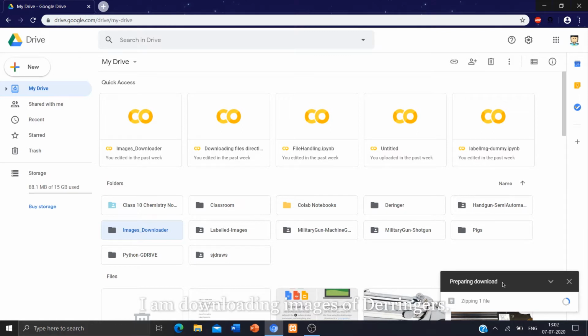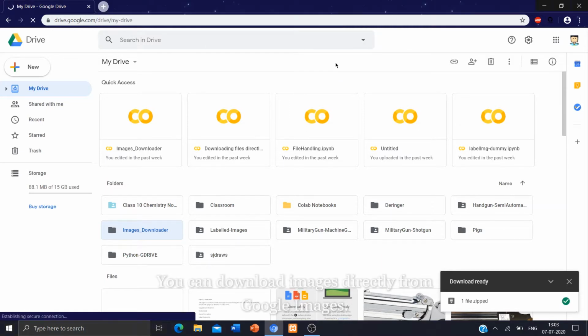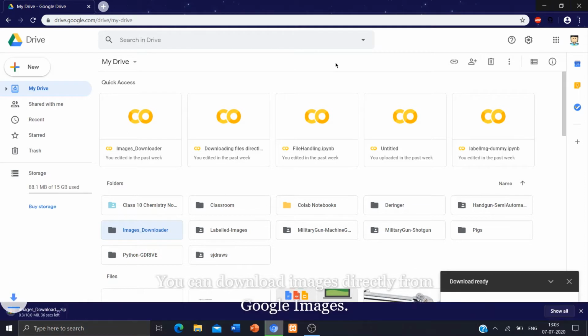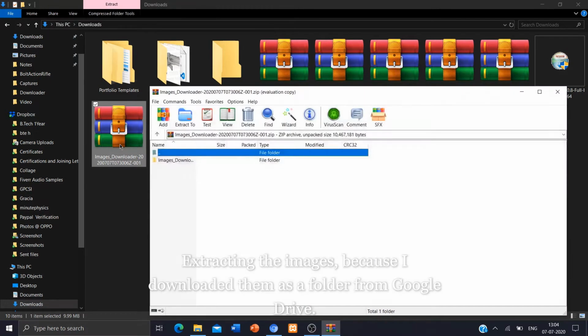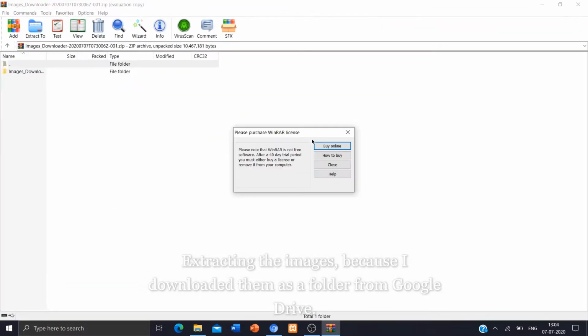But for this instance I am going to label, I had to make a weapon detection project. So for that I had to download lots and lots of weapon images, that is images of guns. We were focusing on detecting guns present in an image. So here I downloaded all the images that I wanted.